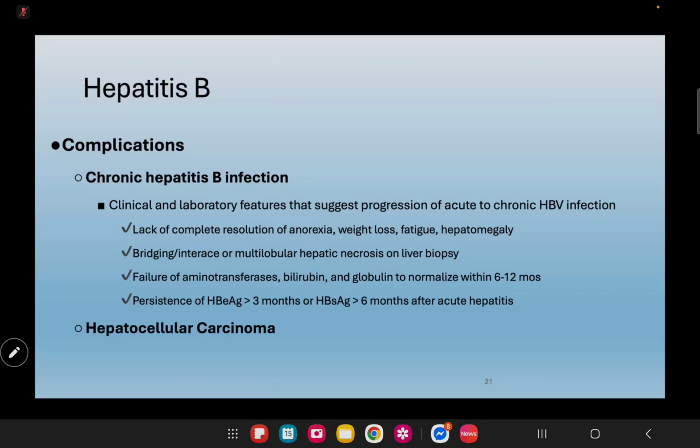So, Hep B patients, we screen them, no? We do ultrasound to see if there are nodules. If it's chronic, we can order the alpha-fetoprotein or the AFP. That is a marker of a possibility of liver or hepatocellular carcinoma. So you screen them, those with chronic Hep B infection.